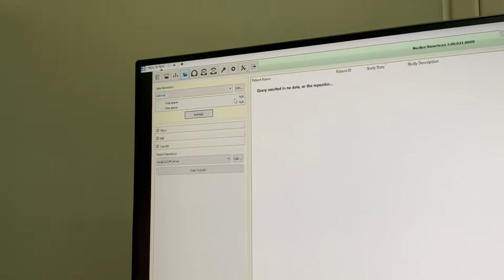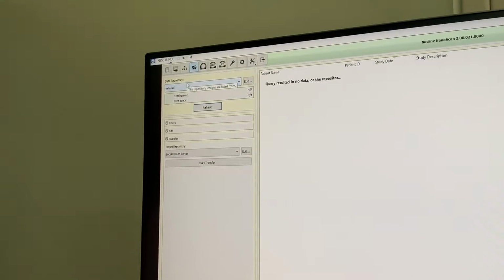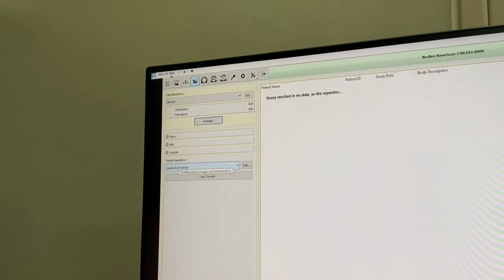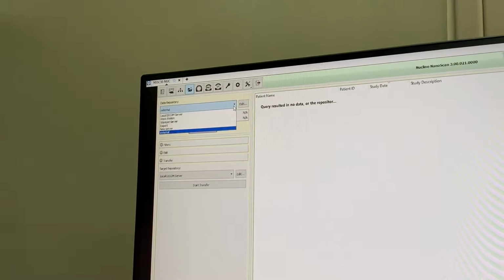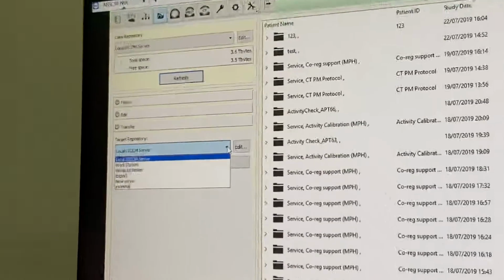Can you show us like how to export again? Yeah, because it was actually an import process. So if you want something in a folder and you want to import it to the local DICOM server, but if you have something on the local DICOM server and you want to export it somewhere,